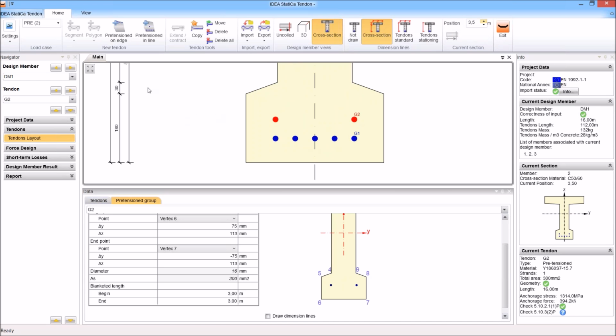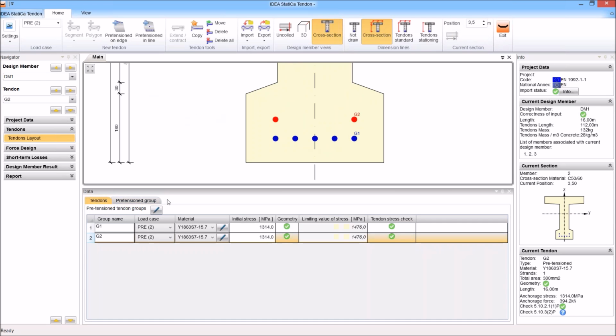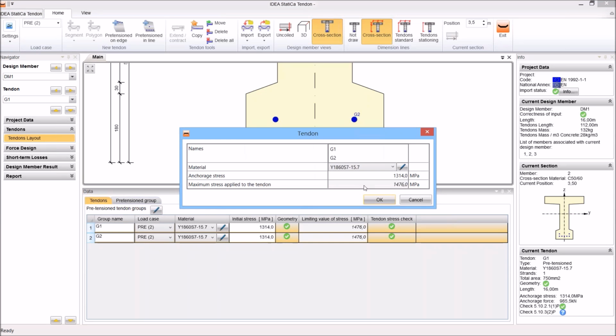We can go back to the tendon tab sheet, and we see that we have 2 tendons. The program took the same material by default. What we don't have right is the initial stress, because this low stress was selected for the previous type of tendon or strand. So I select both using shift, and I edit it here in the selected tendons, and I want to have higher stress. By the way, you can see now that we have all the tendon checks